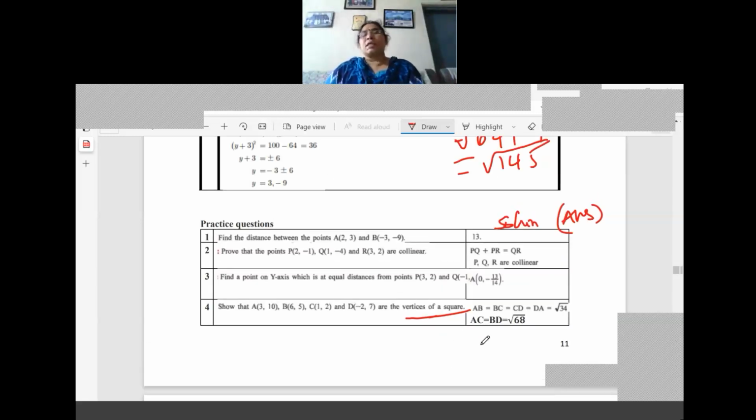So with this, today's class I'm winding up. You will get the video. At that time you cross check all the questions, and today you should make yourself thorough with the distance formula, which is root of x2 minus x1 whole square plus y2 minus y1 whole square. When one of the coordinates is the origin, the formula becomes root of x square plus y square. With this, today's class I am winding up. Thank you.